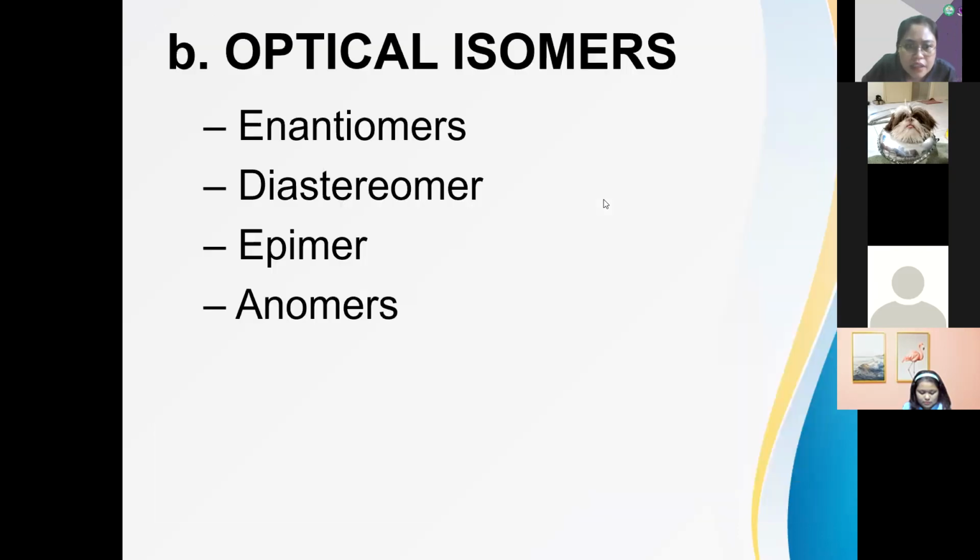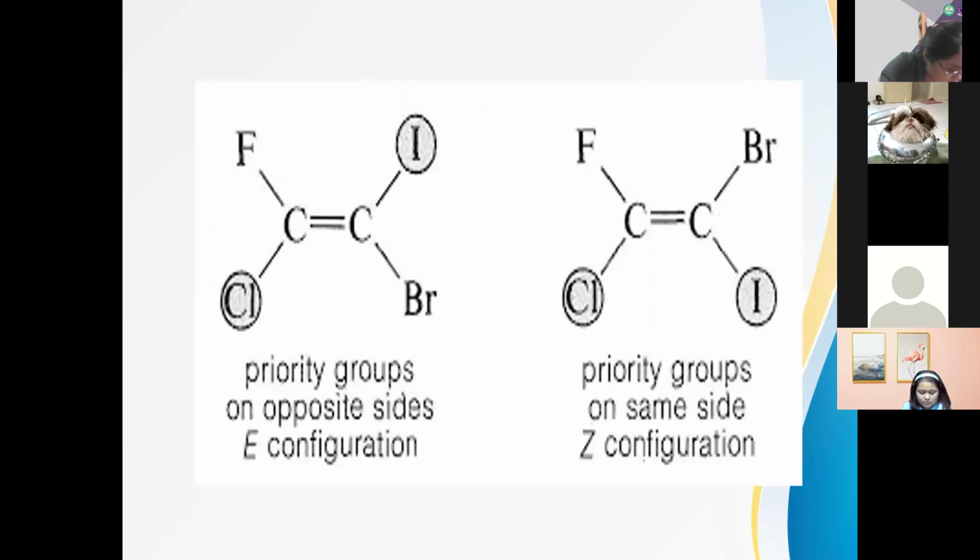Pero wait lang ha. Because I think wala na ko siya gisali. Yeah, wala na ko siya gisali ang priority group. Wait. Wait lang. Okay. Sige, this is based